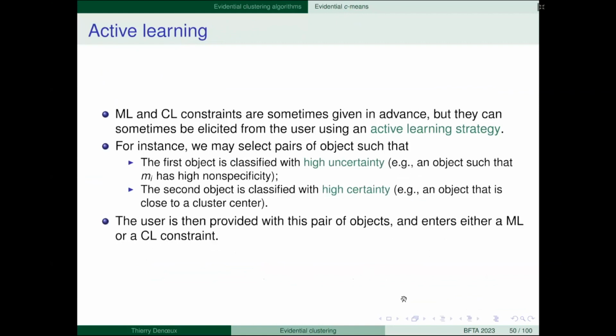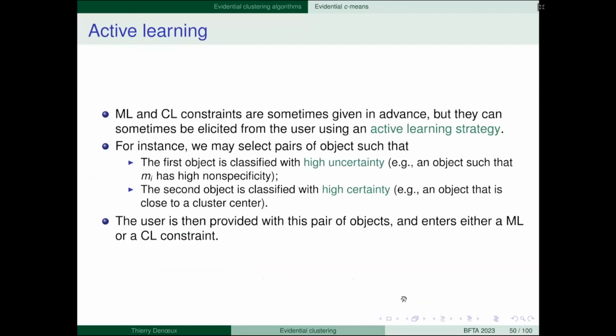Sometimes the constraints are given in advance, but sometimes we can have some active learning strategy where we choose the pairs of objects that we think will give us more useful information. So one strategy is to select pairs of objects: starting with some initial Credal partition, now you want to improve that partition.